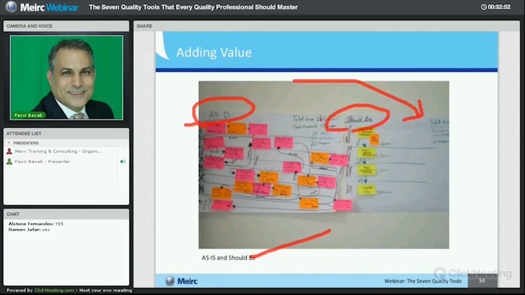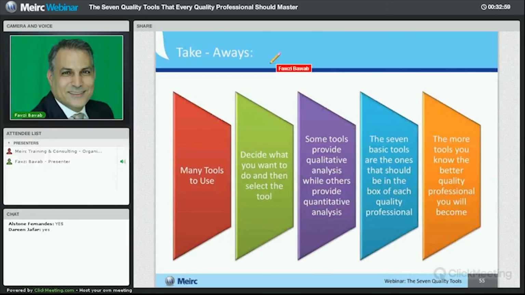So I guess we've just covered the 7 tools, and I know there are many other tools that can be useful for us, but maybe we can just tell you a little bit here, and then we'll take your questions, of course. Takeaways. As I mentioned, maybe there are more than 180 tools, and quality professionals will need to know about them. However, knowing maybe the 7 basic tools, the 7 magnificent tools, will help them a lot in their projects. You need to decide what is the right tool for the situation, and then select that tool